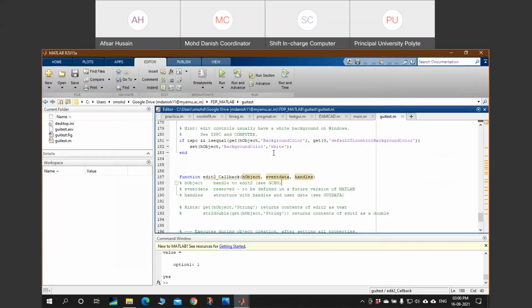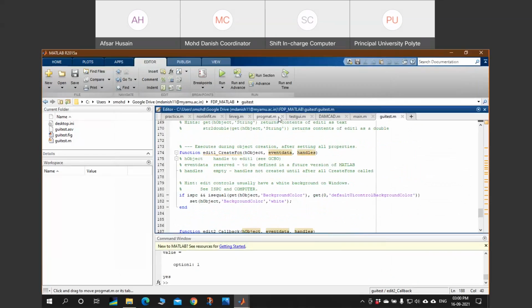So just to show you quickly how to write the callback function.